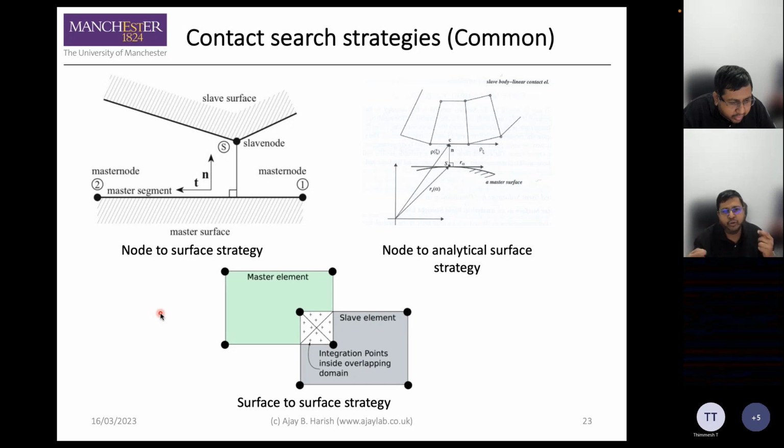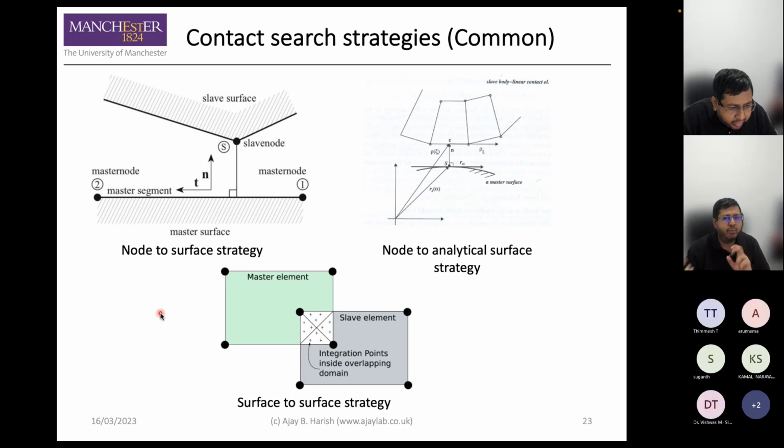Let's say simply to think about it, but point to point might not always be accurate, and it might be very cumbersome to look at. So, for example, we want to look at different ways of imposing these constraints, right? That's where the contact search strategies come into the picture. Some of the very common ones are looking at a node to surface or a node to analytical surface. Node to analytical surface was very interesting for us when we were looking at the problem with the road,